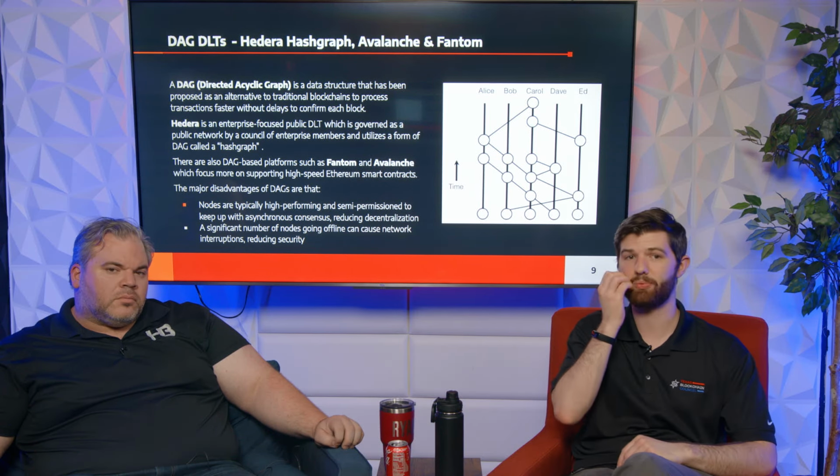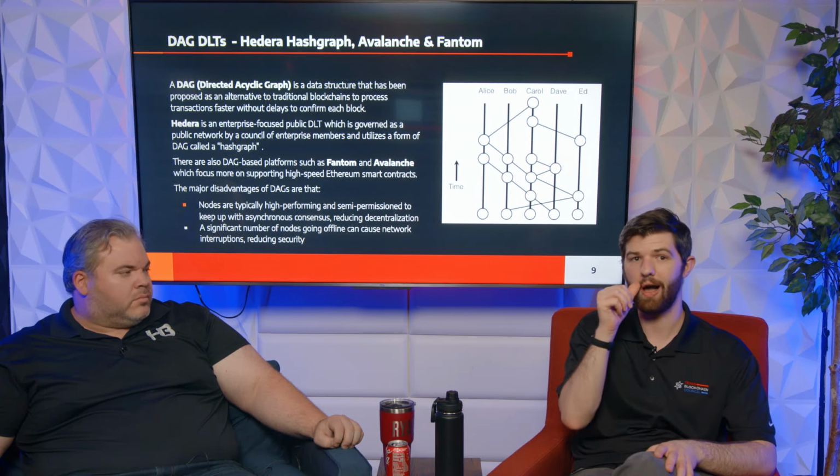There are other DAG-based platforms like Phantom and Avalanche that are standalone blockchain approaches, but they're explicitly trying to support Ethereum smart contracts and other smart contracts that are a lot faster. So they're similar to Hedera, but they are usually, I think, a little bit more like Ethereum in the sense that they're just supporting the smart contracts and other approaches as well. So they're kind of like generic smart contract, but with a faster DAG-based approach. And then Hedera is, I would say, using their version, which is a hash graph, and being more enterprise-focused. So in general, I lump them all under DAG DLTs because they're using this form of a data structure.